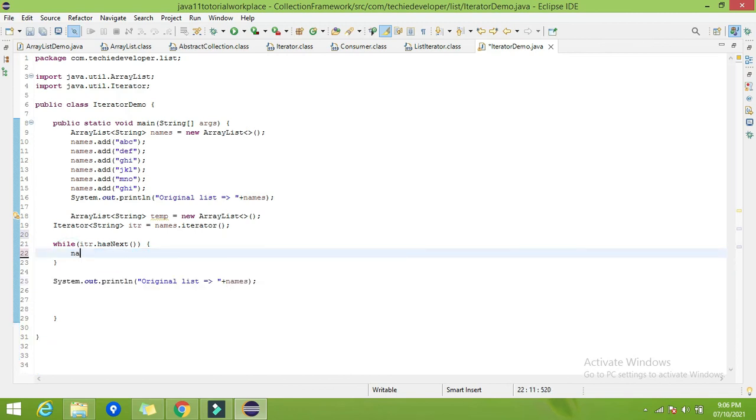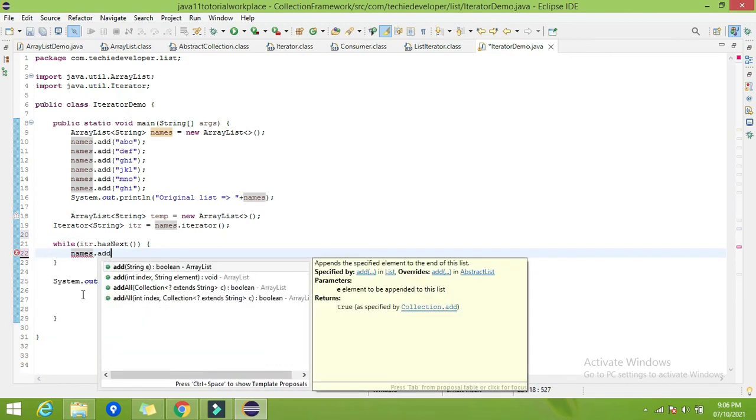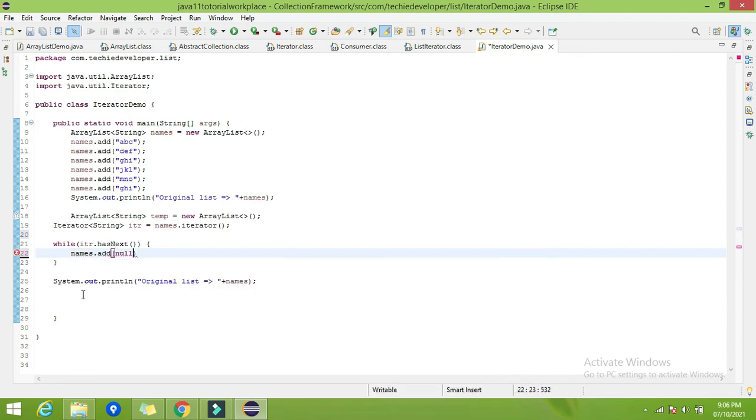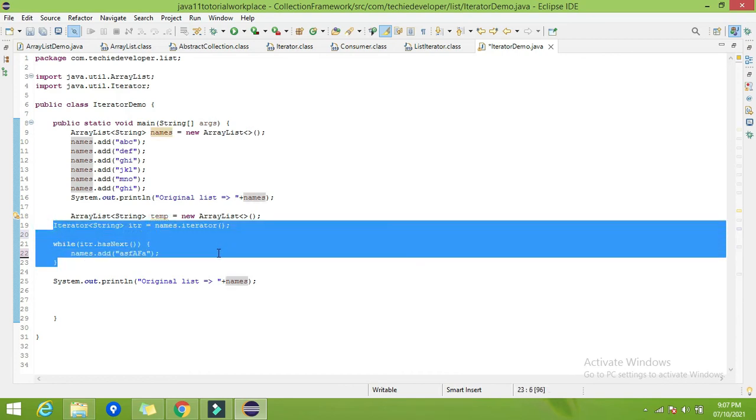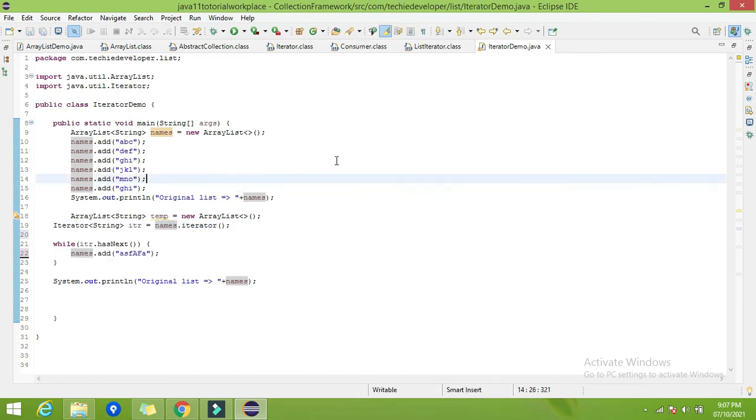Suppose I write names.add and try to add a new string while iterating on the same ArrayList. This add is being done by our main thread, and names is already being iterated by this iterator. That means there is a concurrent modification. Now let's run and see what will happen.